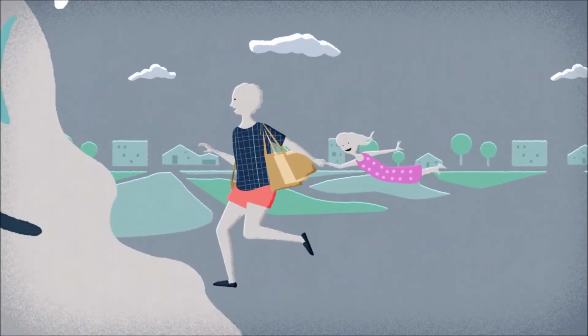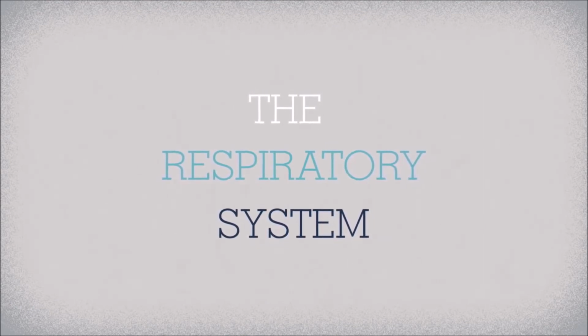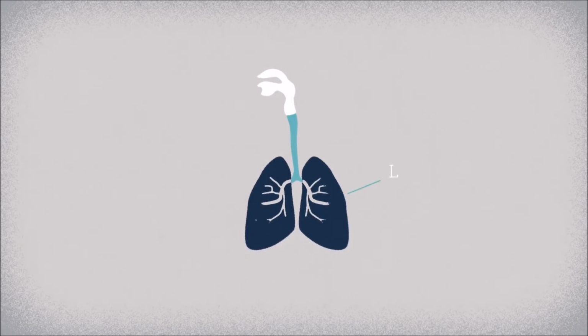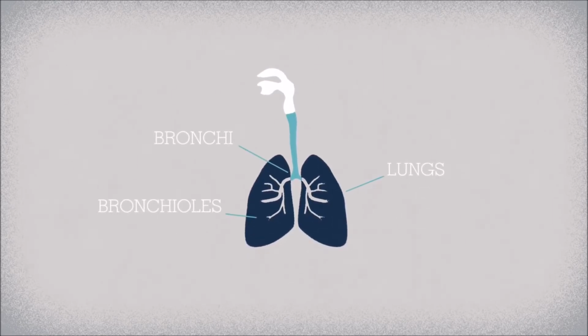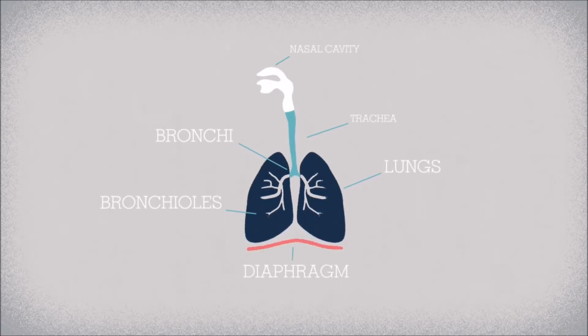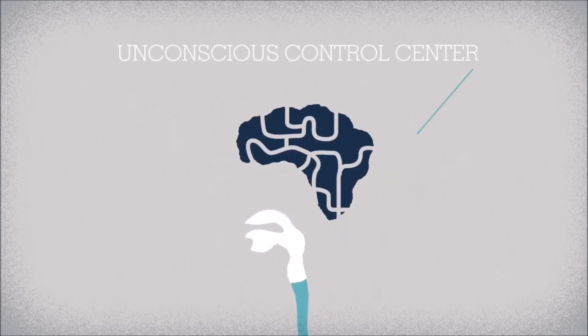The answer lies in our body's respiratory system. Like any machinery, it consists of specialized components and requires a trigger to start functioning. Here, the components are the structures and tissues making up the lungs, as well as the various other respiratory organs connected to them. And to get this machine moving, we need the autonomic nervous system, our brain's unconscious control center